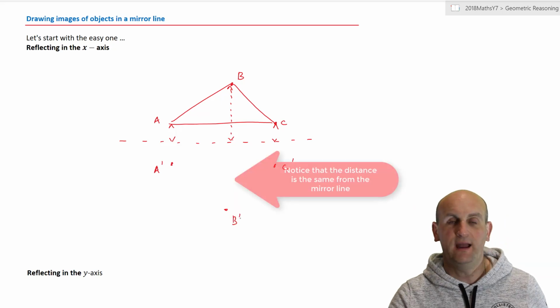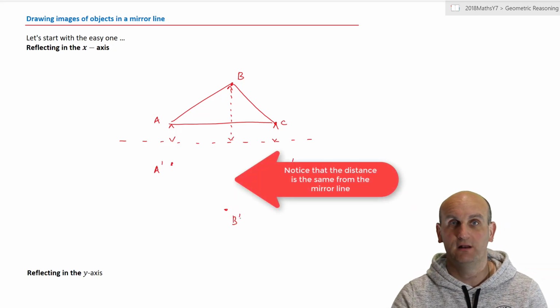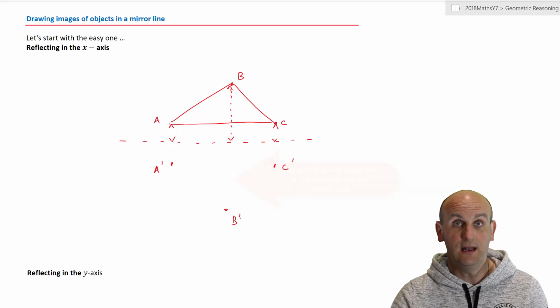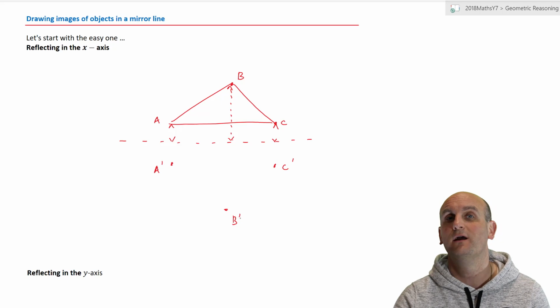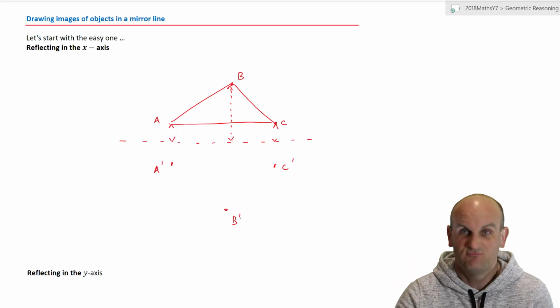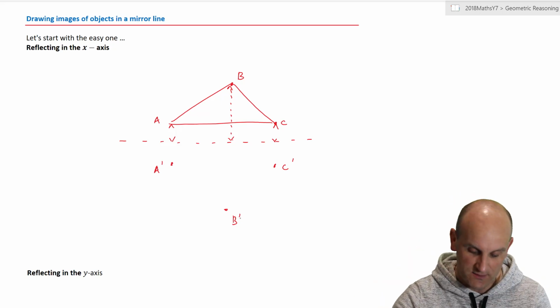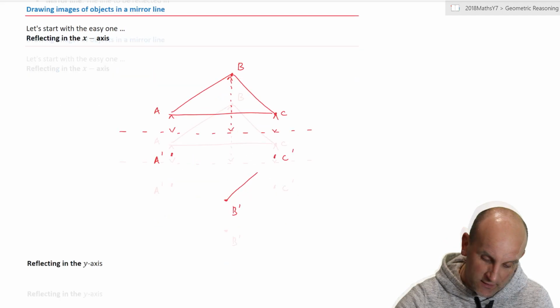Now again, I can't do it accurately. How do you think you're going to be able to do it accurately in your own books? Well, with any luck, you've got squares. And if you have squares, life is awesome because you can literally count squares. That's generally speaking how I do it. But I don't have squares at this moment in time. And so if I join those together,